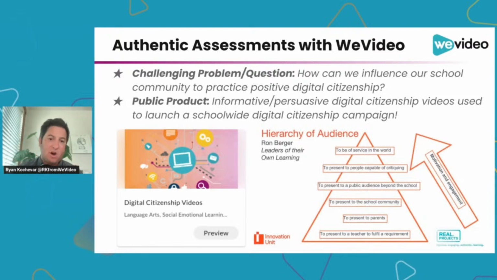And we focus on the production of that public product because Ron Berger's hierarchy of audience teaches us that projects in school are going to be much more motivating and much more engaging for students if there's an audience that they're going to be sharing their work with that goes beyond the realm of the teacher and even their peers and beyond something that's just fulfilling a requirement to them, right? I take a math test, I turn it into my teacher, I fulfilled a requirement, I've been assessed, end of story, right? I write an essay, I fulfilled a requirement, it goes to the teacher, I get assessed on it,